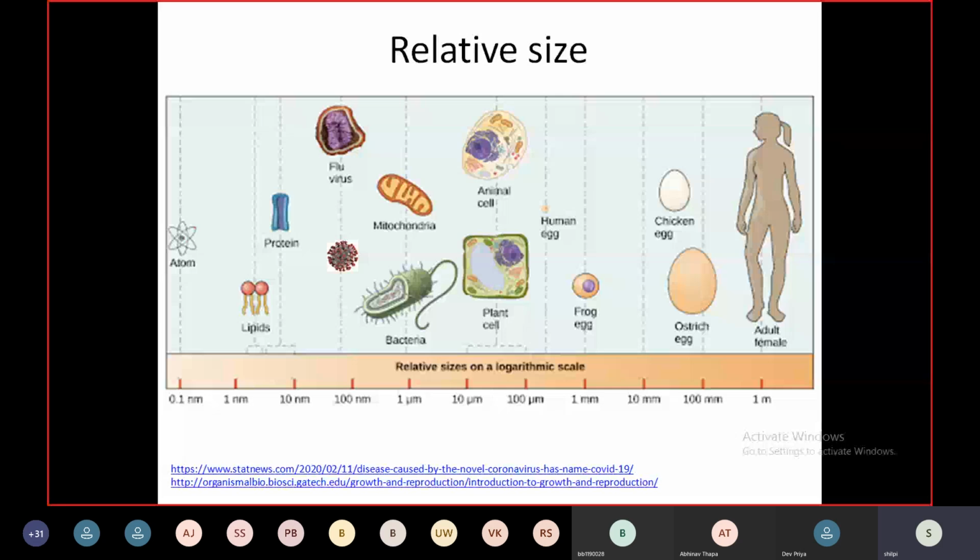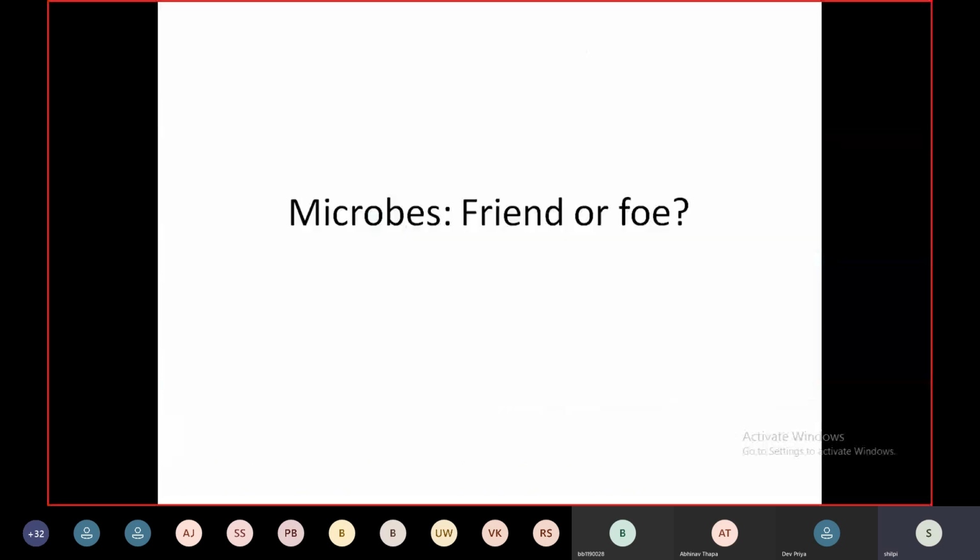Now, having defined the boundaries of what is a microorganism, I would like to know how you perceive them. Most of you say that you have not seen a microorganism. I see that Udita has, and somebody else has also messaged that you have come across microorganisms in your day-to-day life. Again, I would like a raise of hands for giving me examples of where you commonly come across these tiny organisms. Udita, you want to elaborate? Yeah, sure. As Dhwani has mentioned, all of us must have seen bread mold or the yeast that we see when the bread gets moist and fungi attacks it. I recently saw two fully grown mushrooms in the moist area of my kitchen, so I recently encountered a microorganism,